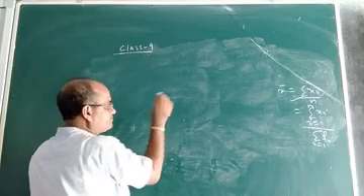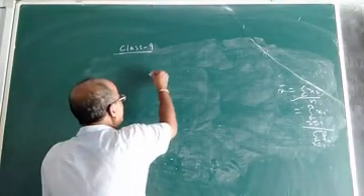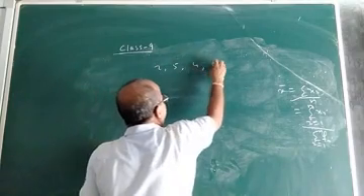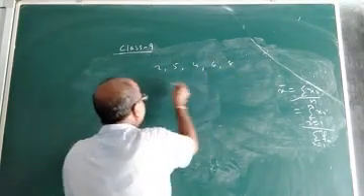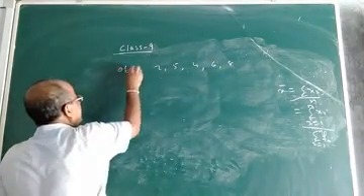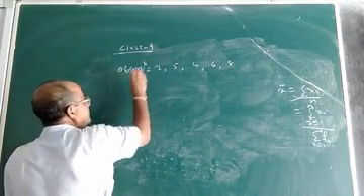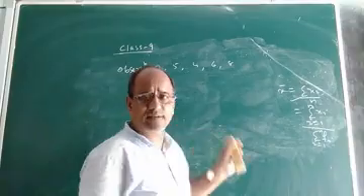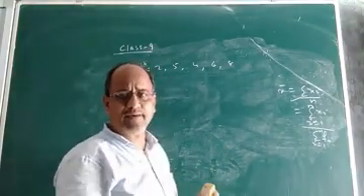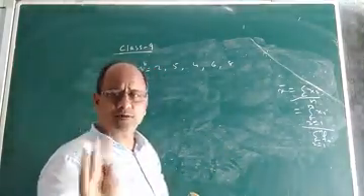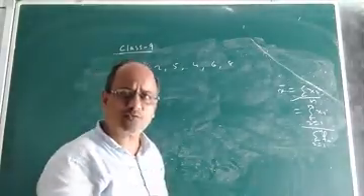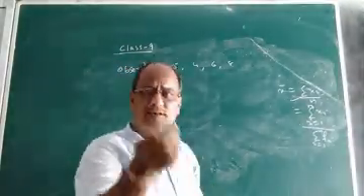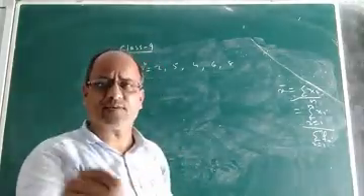Suppose you are given some ungrouped data, say 2, 5, 4, 6, 8. Suppose these are some observations. How many observations are there? There are 5 observations in this distribution. Suppose you are given 5 observations or ungrouped data and you are asked to find the median. Let me first tell you the process and method of finding median. Then I will define what is median.